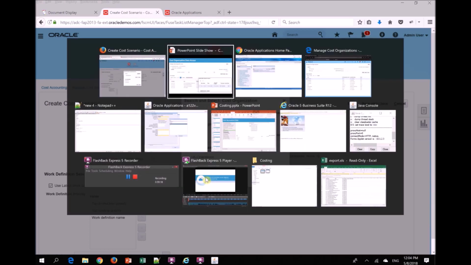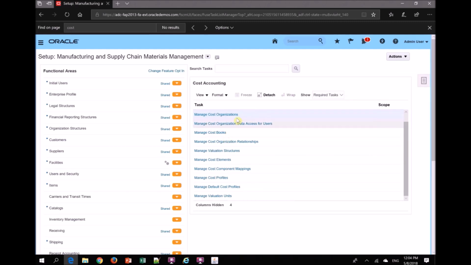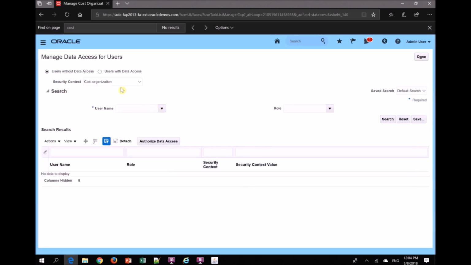So first, what I need to do is give access to myself, or whichever person will be working in that cost organization, then that will be available. And that's done over here, manage cost organizations data access for user. Okay, so here you come over here, and if you want to search what access a specific user already has,